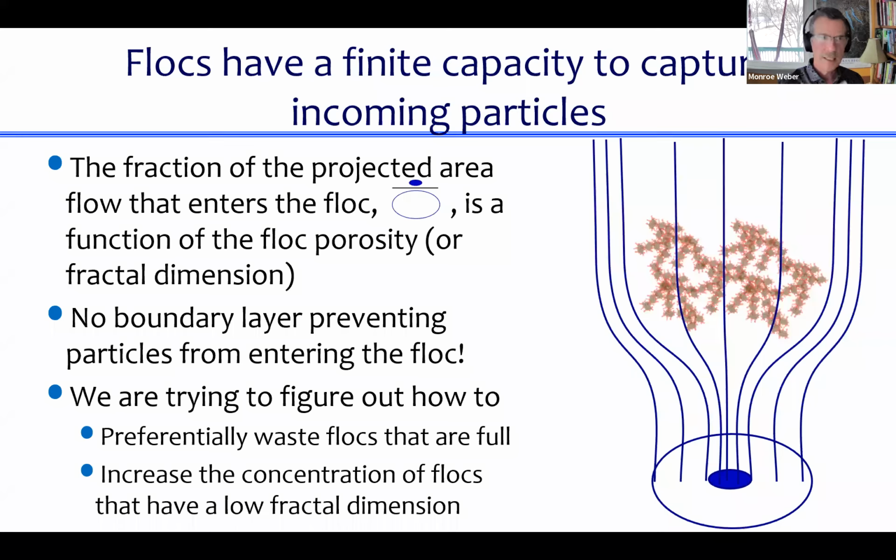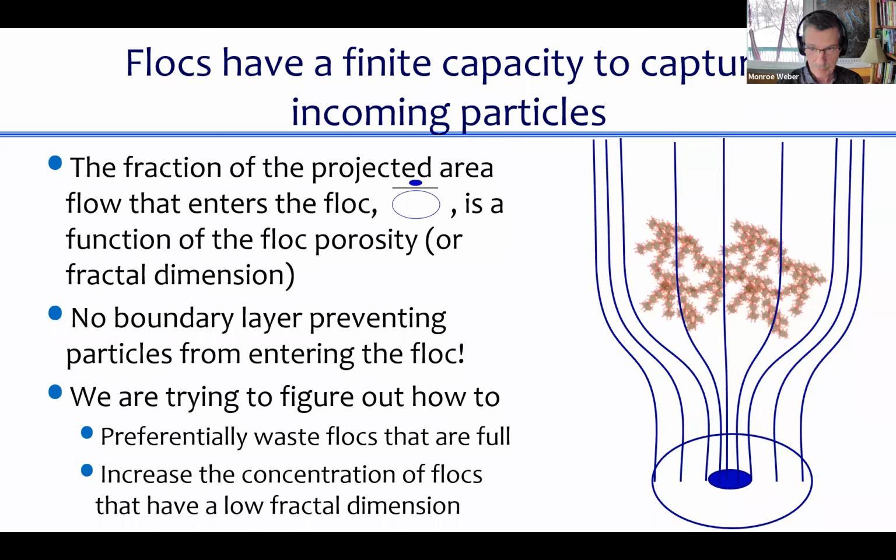So the point is that most of the water still goes around the floc, but a small amount of it goes through, and that small amount ends up probably pretty efficiently being filtered by all of the particles that are